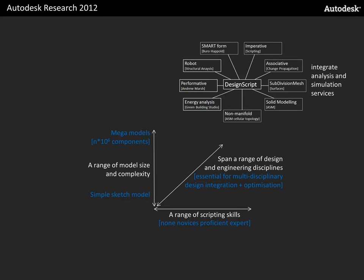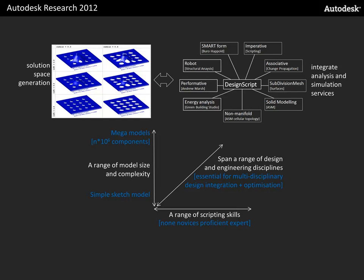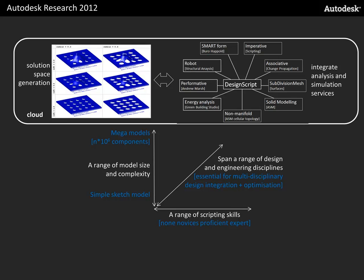So we've got plugins for Robot and Smartform, and Performative Design, which is Andrew Marsh's new version of Ecotect, and energy analysis for Green Building Studio. And how we see that is that we can effectively generate a solution space of different alternatives, and we'll do that in the cloud,